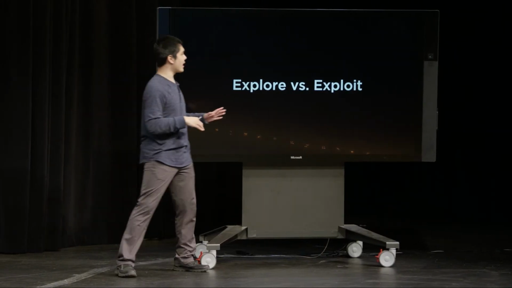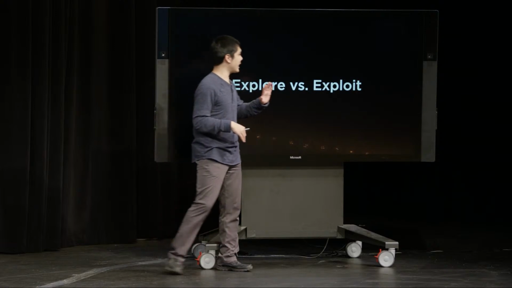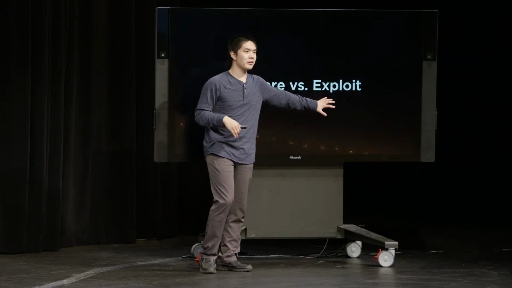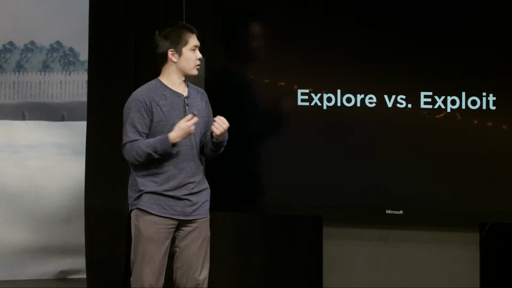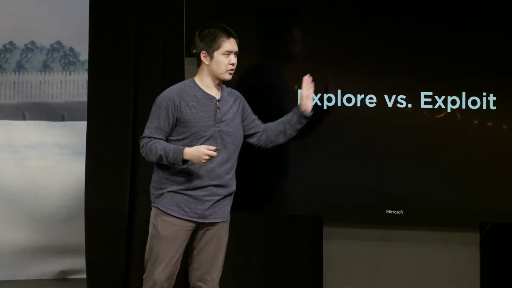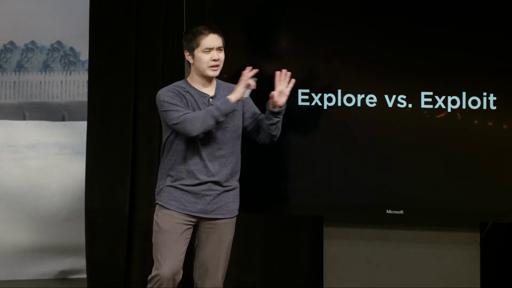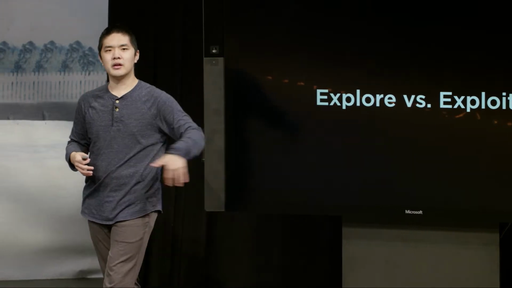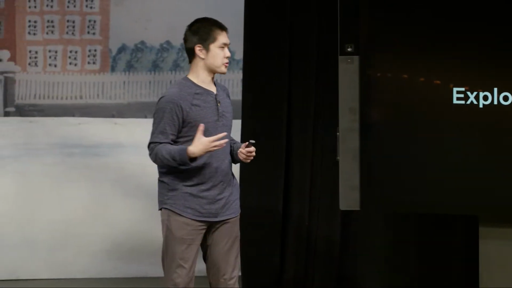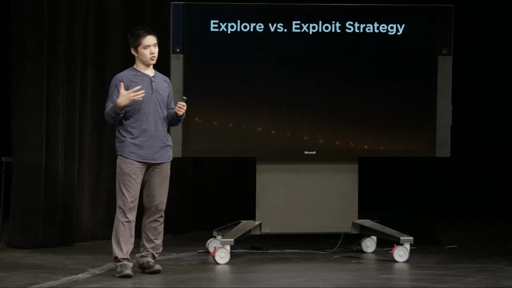So far, our AI in the example just now was only ever exploiting the knowledge it already has, but it was never exploring something new. And so often when we're training AI, we want it to find some sort of nice balance between the two. We want it to make good choices, but occasionally take a risk, try something else, see if maybe we can find a better solution. And so one strategy for doing this is known as the epsilon greedy approach